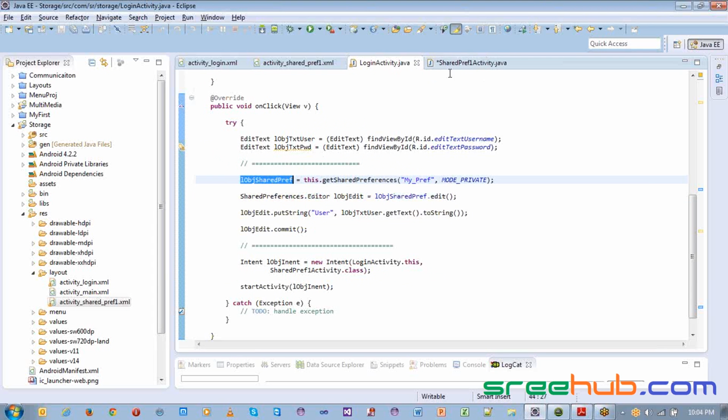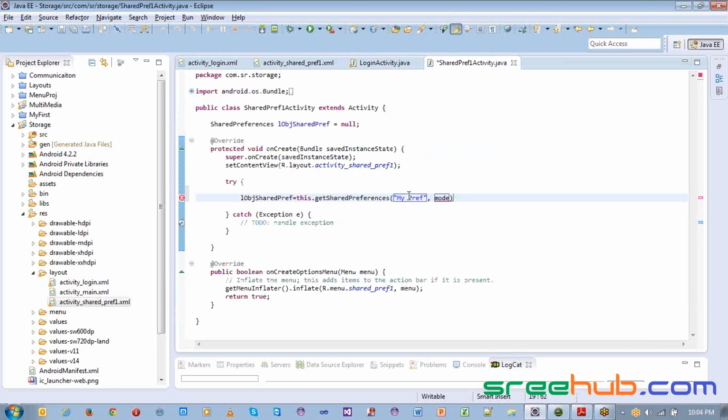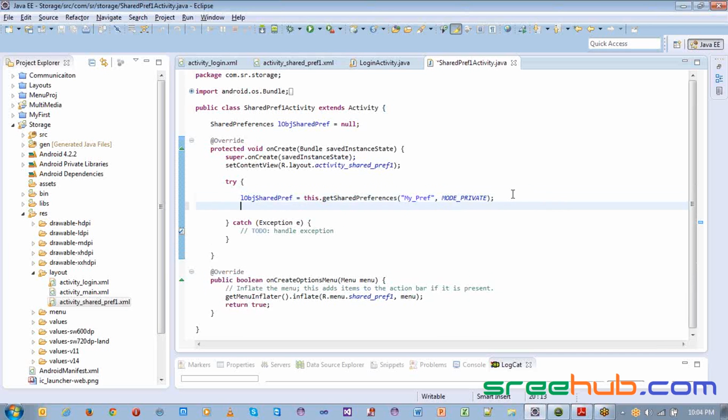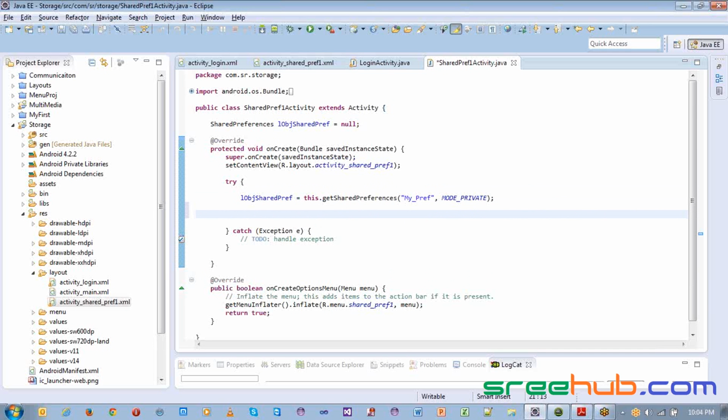Now when it comes to the second activity, we are actually loading my pref file into the object of this interface. Just say my underscore pref file, right? So this is how we get into this. Now once this is done, you are in a reading mode. Now let's say I want to read the username, which is lstr user is equal to shared preference